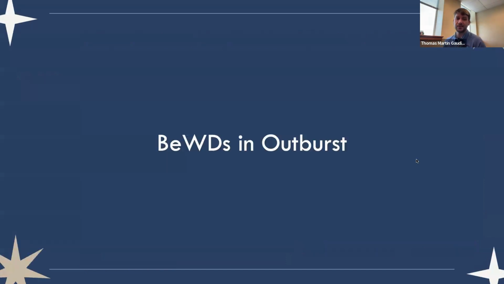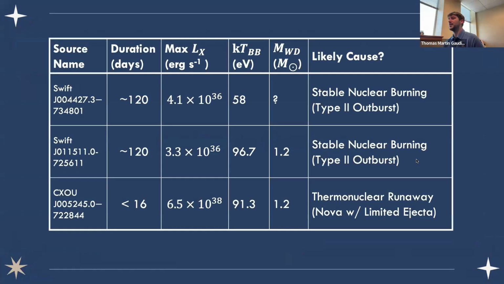So let's quickly summarize what we've learned from our three observations. We can put the properties that we found of our three sources in a table. We see two sources that produce similar, fainter X-ray luminosities with long duration outbursts. We have a mass of the white dwarf in one of the systems. We do not know the mass of the white dwarf in the second. We can interpret these two as having very similar causes. We can say that these are likely caused by stable nuclear burning,